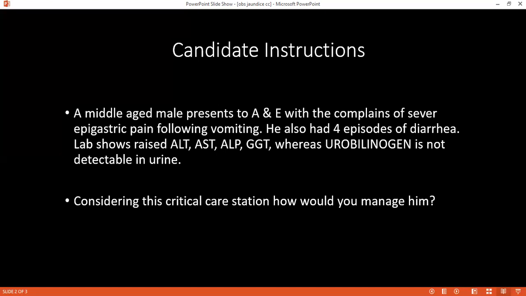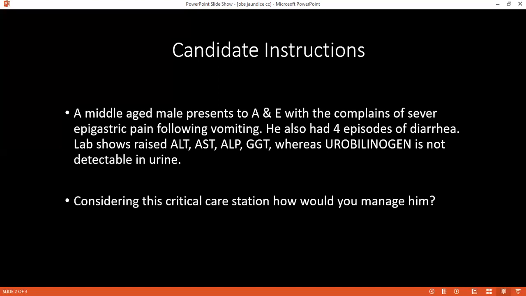Bilirubin is carried in the blood by albumin to the liver, and the liver takes up the bilirubin into the hepatocytes. Then within the liver, the bilirubin is conjugated with glucuronic acid to form conjugated bilirubin. This is excreted into the bile stored in the gallbladder. Following the ingestion of food, this is released, and CCK acts on the gallbladder and releases the bile that goes towards the second part of the